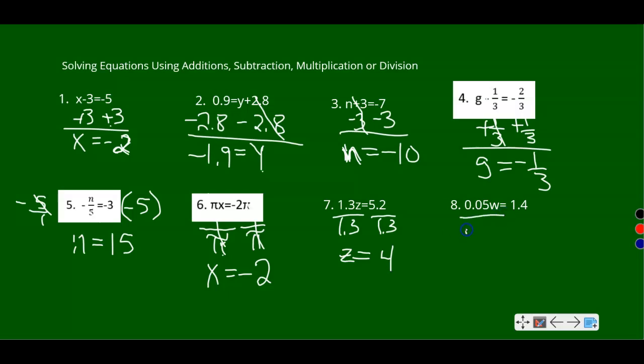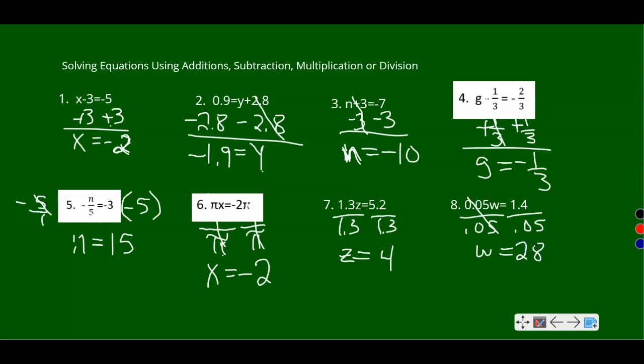Okay, hopefully you divided. Again, we have multiplication. The inverse of that is division. So we're going to do W equals 1.4 divided by 0.05. Whatever's on this side, remember you have to divide by the same thing, so you get the variable by itself. 1.4 divided by 0.05 equals